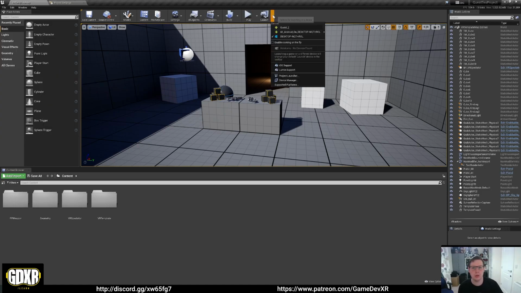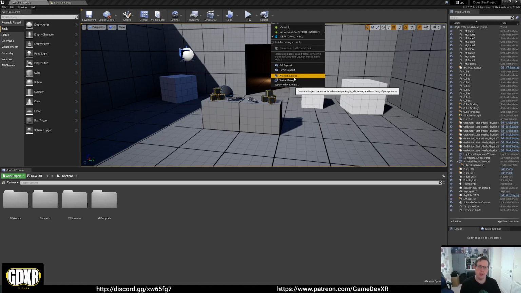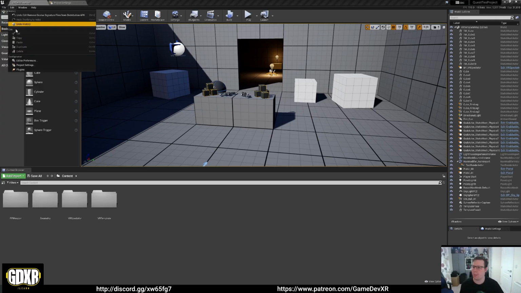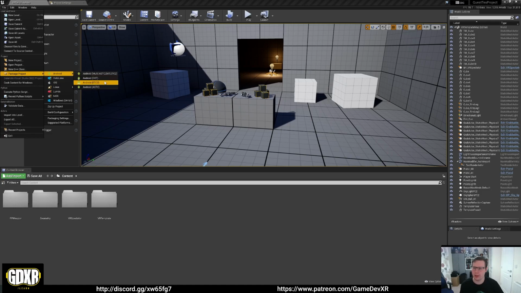People have been using the launch tool, so you can launch it up, and when you do that, it loads on the headset and it works fine, but as soon as you go to package the project, it fails. So you don't know if there's actually any issues in it. So always when you load your project and you're about to start something, make sure you build from File, Package Project, Android, ASTC. This will save you so much pain down the line if you know your project builds from